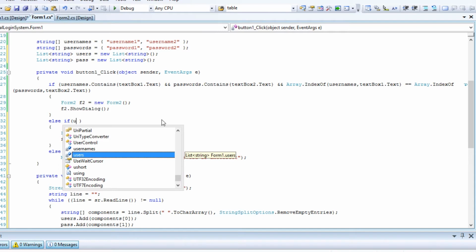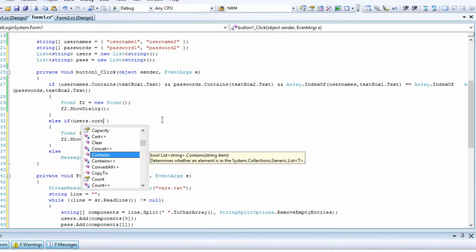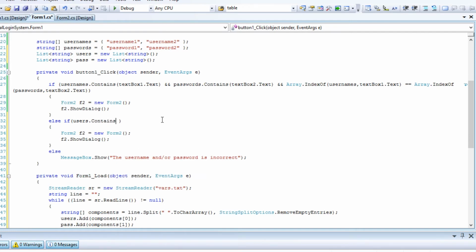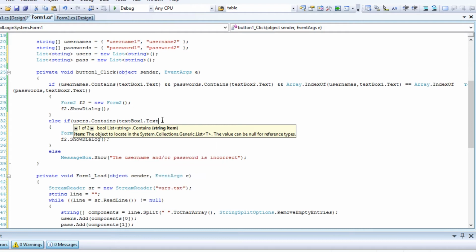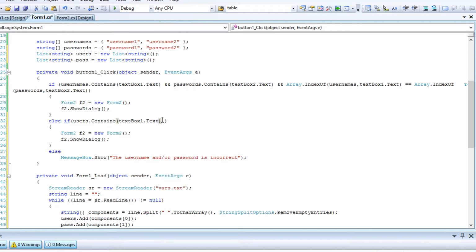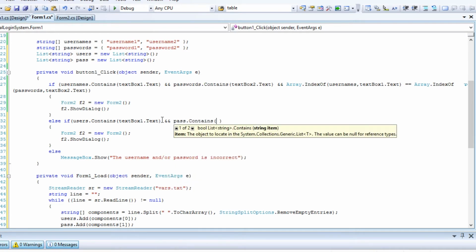If users contains textBox1.Text and pass contains textBox2.Text